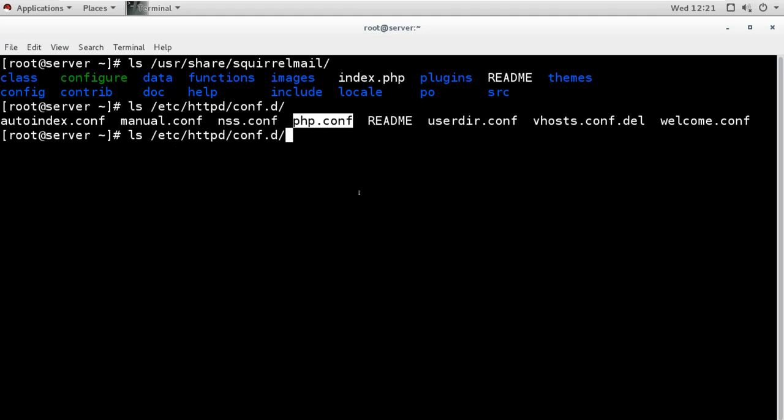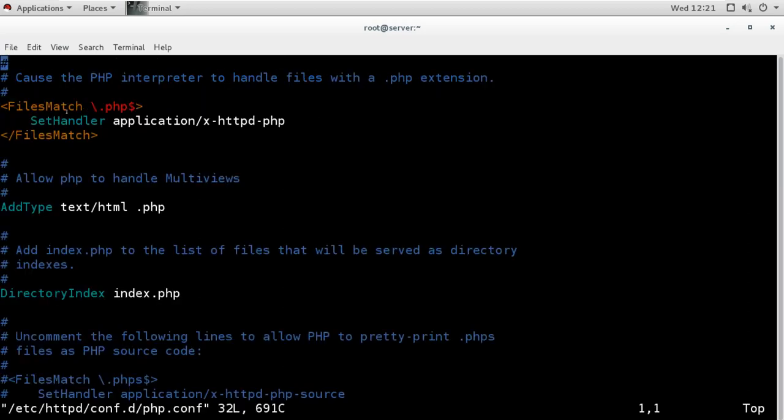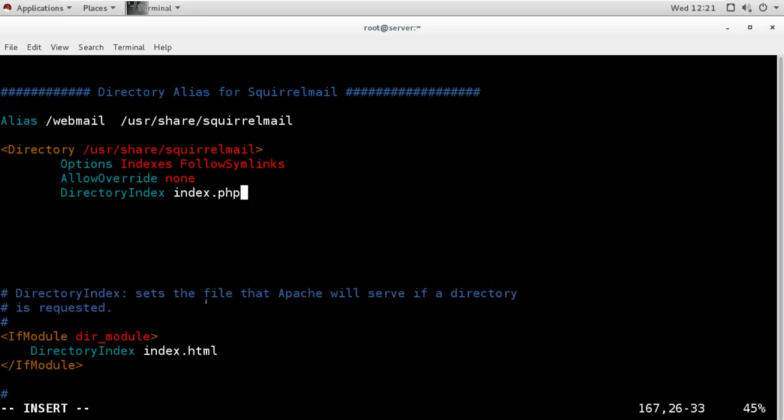In that file it is mentioned what the home page file for PHP will be. If you open this conf file, you can see it says these modules will be loaded, these are the types, and it says our index file must be index.php. That is why I am giving this option here: DirectoryIndex will be index.php for this directory.